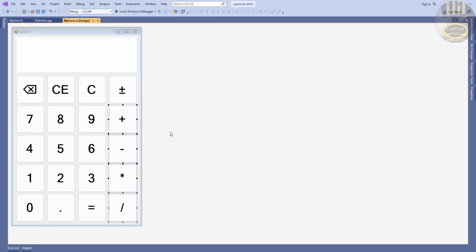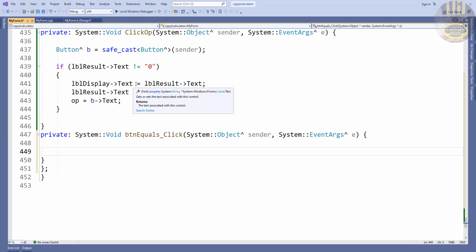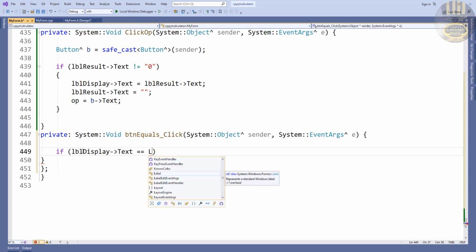Now that that is done, we might as well take care of this. Okay, let's get this working, then we'll come up here, take care of those. Double click on the equal sign, press enter. In the case of the equal sign, I'm going to use an if statement here as well. So let's say if LBL equals, let's go for L, let's say cannot